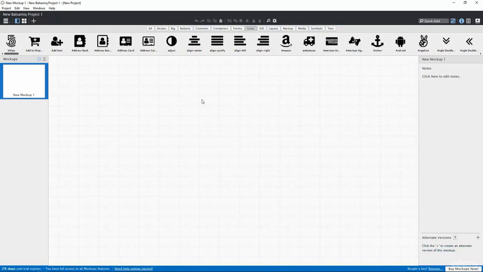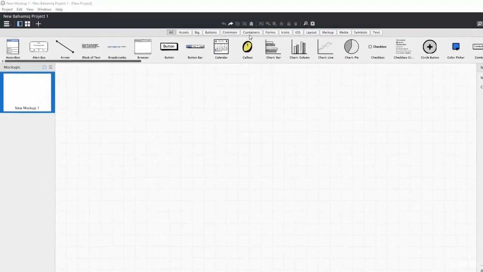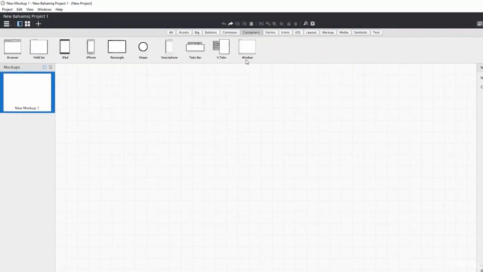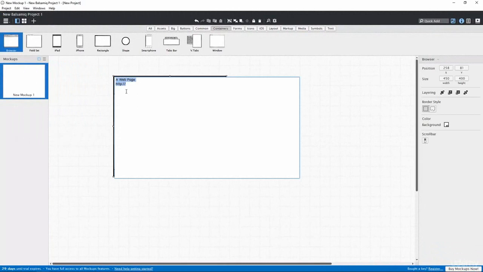Let us start creating the actual wireframe for the Solo website which we are going to build in this course. I will first draw a browser window and I can find the browser window inside the containers elements. This is the browser window and I am going to draw it. And for the browser window, I have to assign a URL. In this case, the URL would be